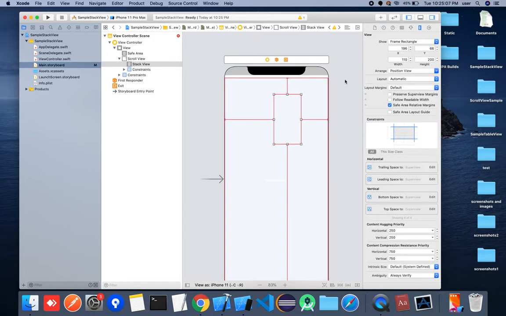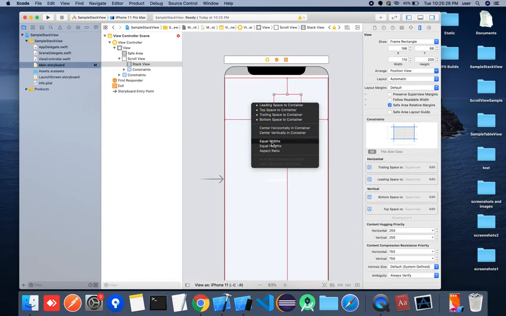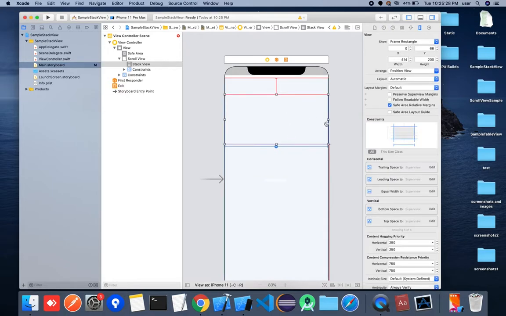Then only it will be able to understand that the content is scrollable inside this view. So for the scroll view, we need to give equal widths for vertical scrolling and equal heights for horizontal scrolling. So I'm going to give here the equal widths. So still it's showing error because the stack view height is not given. The stack view height will be determined by the views present inside the stack view.